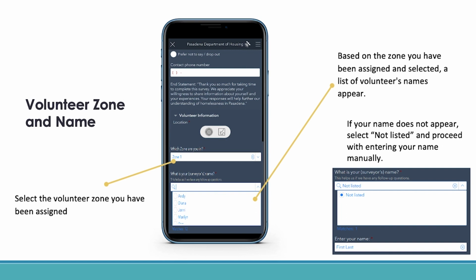Volunteer names are each tied to a particular volunteer zone. You will need to click the zone in which you were assigned. Once a zone has been selected, volunteer names that have been matched with that zone will appear as an option. In the event your name is not displayed in the drop-down, proceed with the Not Listed option and manually enter